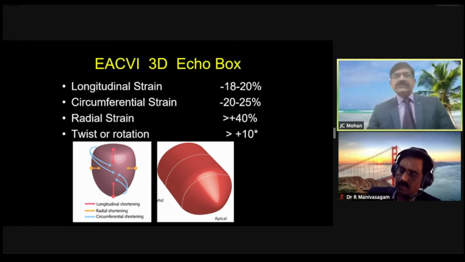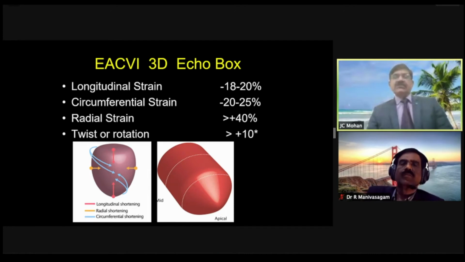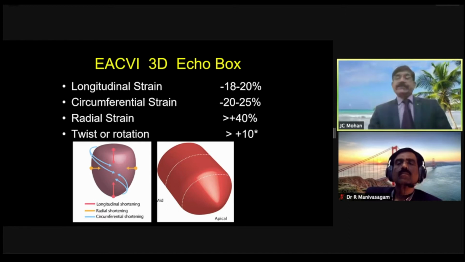own values. We have recently published in the International Journal of Cardiovascular Imaging the normal longitudinal strain values of Indians in about 1,000 patients and 1,000 healthy subjects, and you can look at that. We also have data from Europe and of course from Korea and Japan, and the figures are almost close to